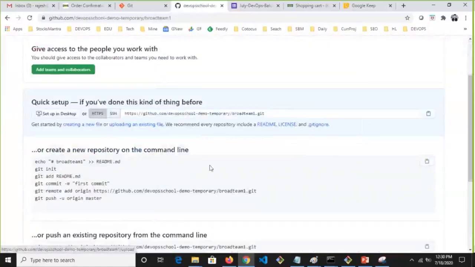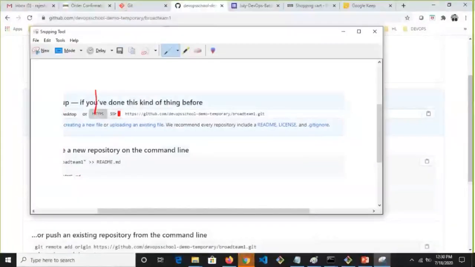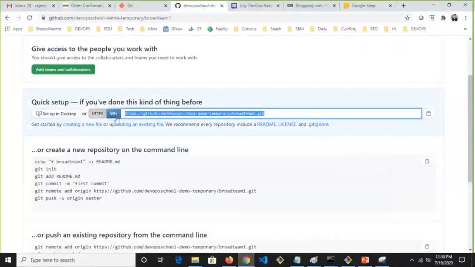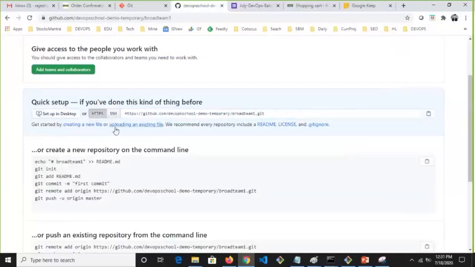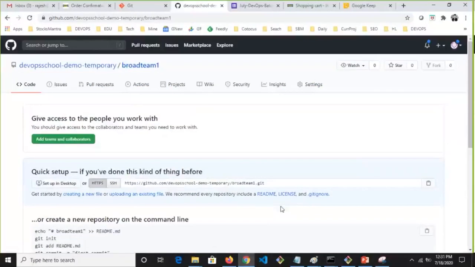Okay, now you see here, I told you there are two protocols. Look at this here, very careful. Two protocols: you have HTTPS, you have SSH. So the URL also gets changed. For HTTPS they give you this URL, and for SSH they give you this URL. For SSH you need a public key to be uploaded on GitHub. Your public key, I repeat, your public key will go to GitHub under the profile setting option. For HTTPS, GitHub user ID and password will work. There is a good amount of instruction also given. You can read it, but not interested right now.